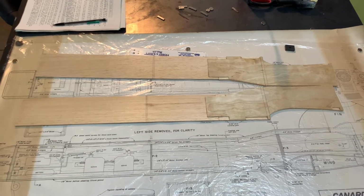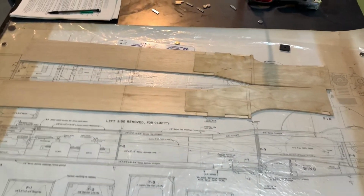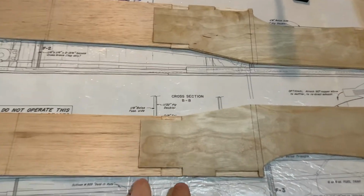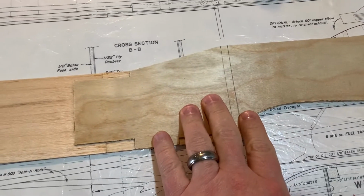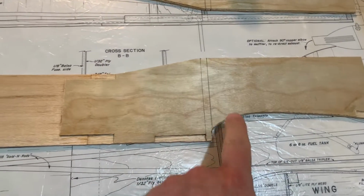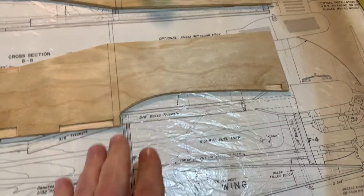All right, friends, as we continue our update with the Croix Models Canard, we're working on the fuselage. So what we've done is we've gone ahead and butt glued these two pieces together. We've taken our 1/16 fuselage doubler and put it over this end here. And now we've marked off the spots here and here for our formers. Now, the reason why you see the doubler back here is if you look at the plans, you'll see a